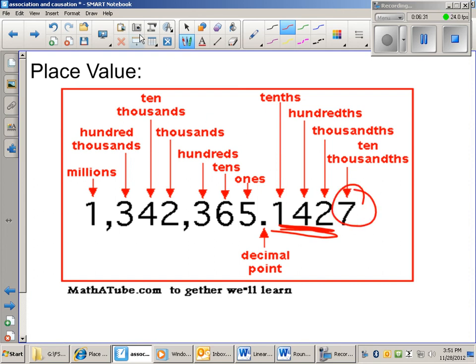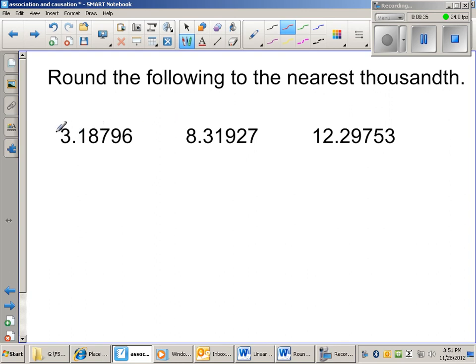I've got 3.18796. I need to look at the 4th value. So 1, 2, 3, 4. That is this 9. And just like the rounding on every other page, if it's 5 or higher, we round up. And if it's lower than 4, we're going to keep the value the same. So the 9 is going to make this 7 round up, so I'd have